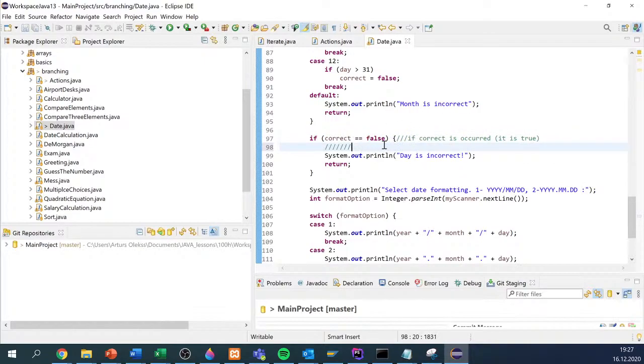And if correct is false, then that's because not correct, not false means true. Yeah. Not false means true, and